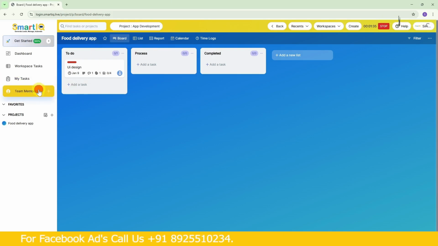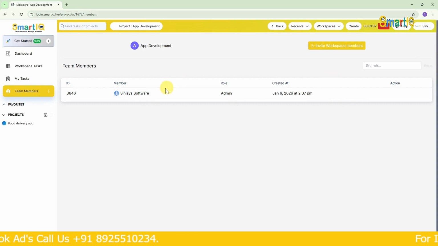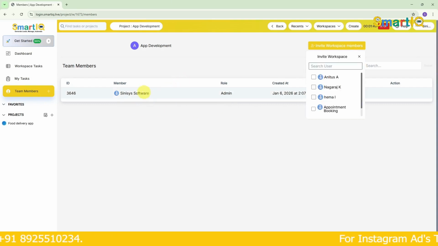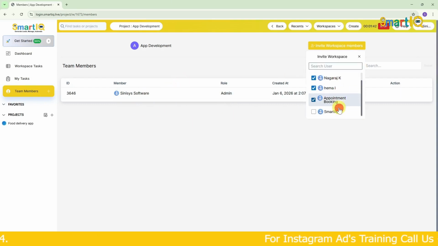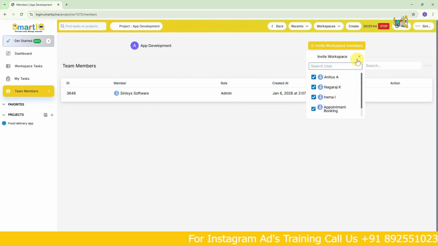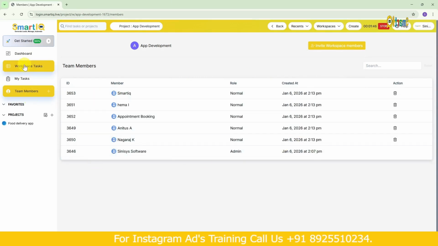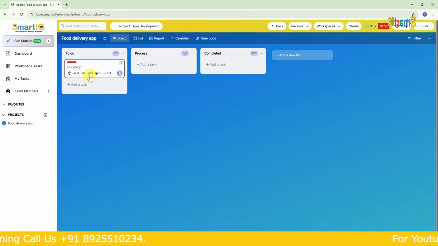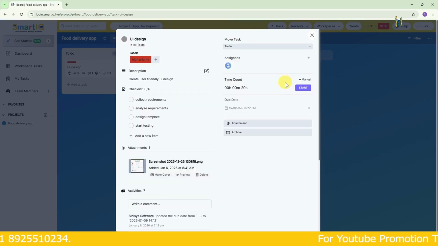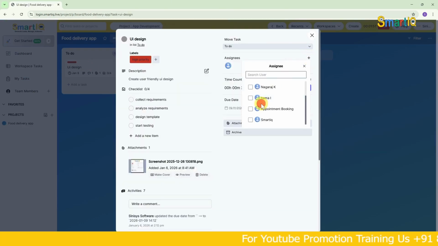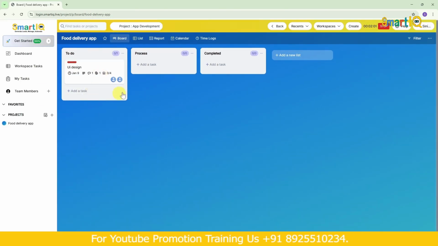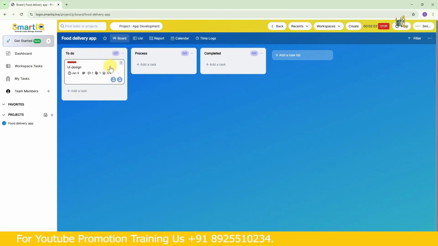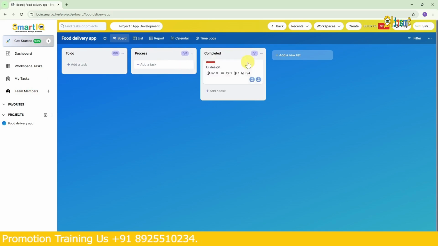Now, I can add team members here. Right now, I've only added these people. If I click on invite workspace members now, once everyone is here, what you can do is I can add them. Okay, come on, everyone has come. So now I can show you again where to go and assign them. So is there a project called food delivery app? So go there and then I click this. We can also assign someone else if needed. Okay, when they log in, this will show up for them, not just for you. So is that fine? Once this is done, we can move on.